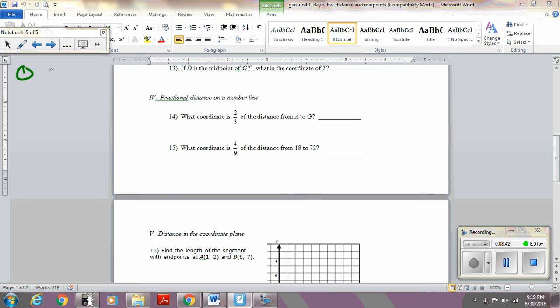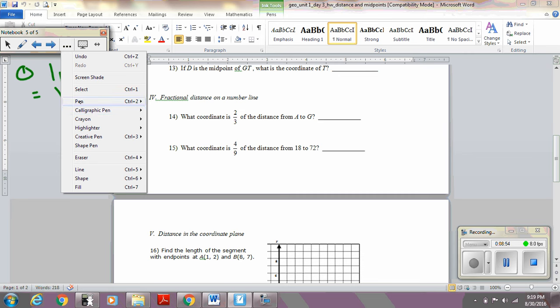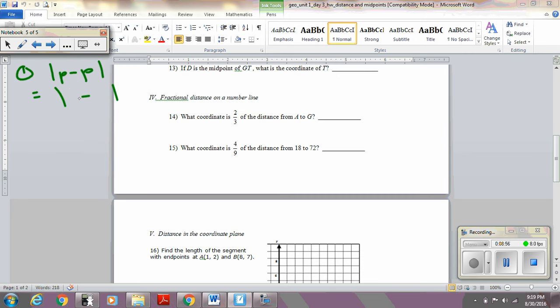So the distance from point to point is first. So again, our points are 18 and 72. So the total distance between that is